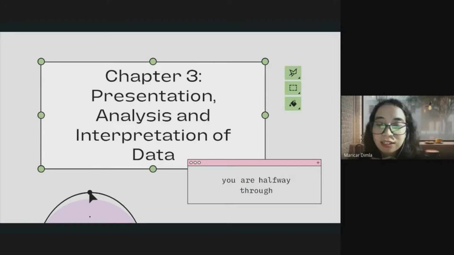I don't want to hear Adrian saying, Ma'am, why does Leticia's group have 20 tables, Lauren's only has 15, and ours, ma'am, only has 12. Wait, class, it depends on the structure, on the content of your instrument. So we have no comparing and contrasting here. Again, class, I repeat, the chapter 3 is being written based on what kind of instrument you have. Okay? I hope we are clear on this part, class.